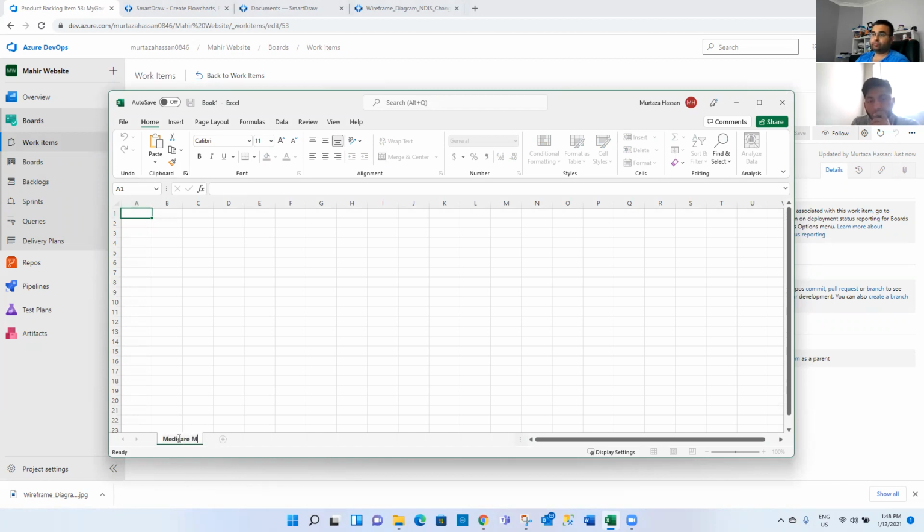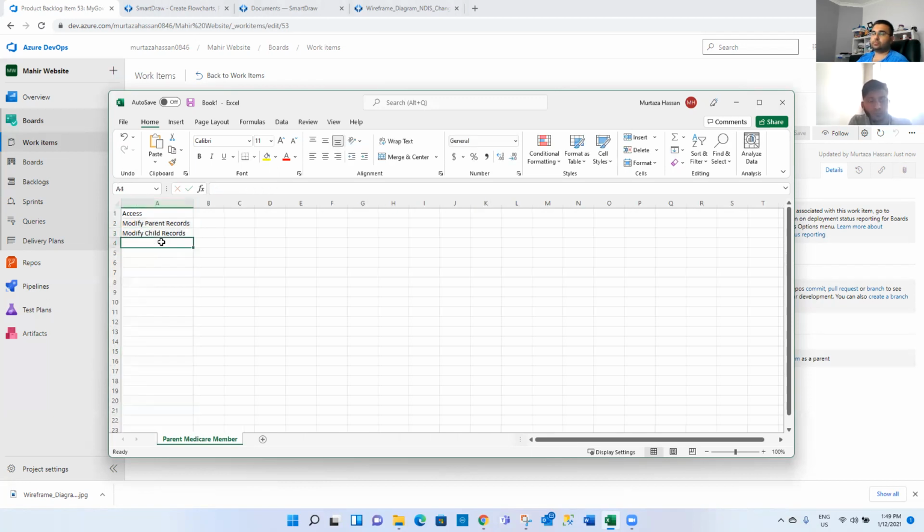Medicare member. Okay. Right? Or parent Medicare, Medicare member. Right? So, and then we'll go here, okay, so first row. So this is the security role, parent Medicare member. So we'll go, so access, what access do they have? So for example, modify parent records, modify child records, all right? Make Medicare claim,